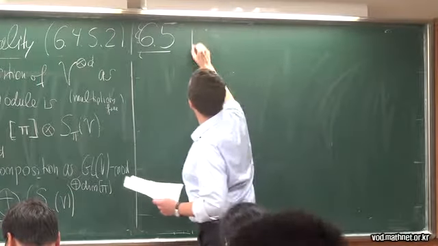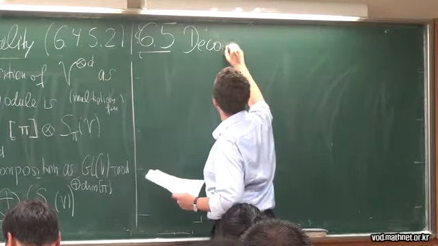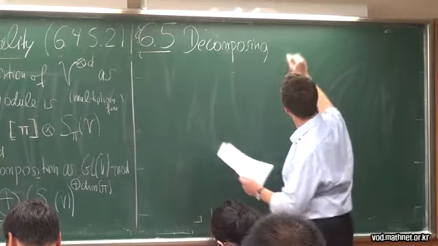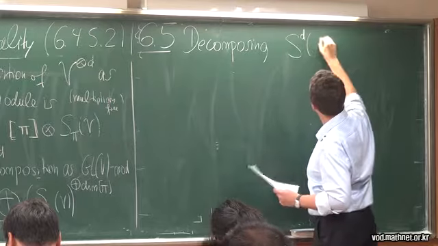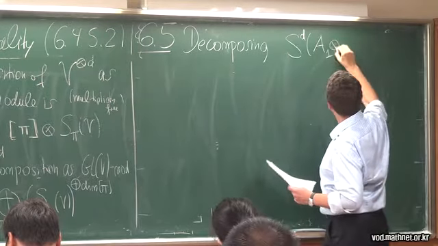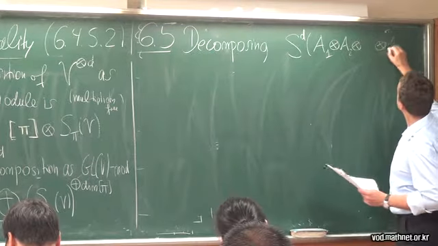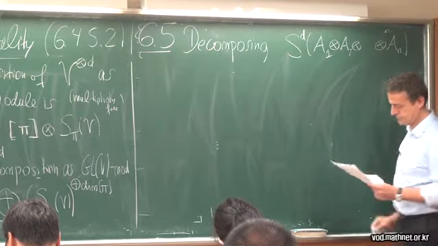6.5 is called decomposing S^d of A1 tensor A2 and so on, tensor An,